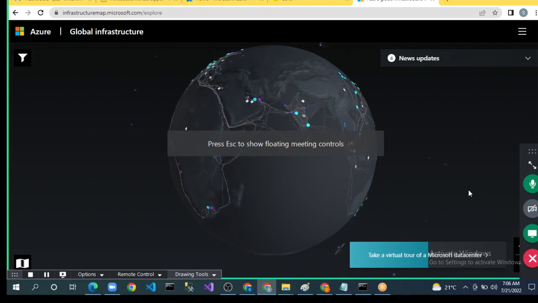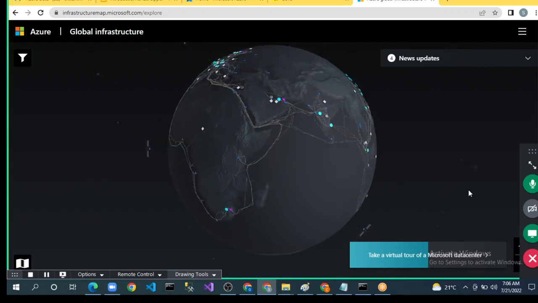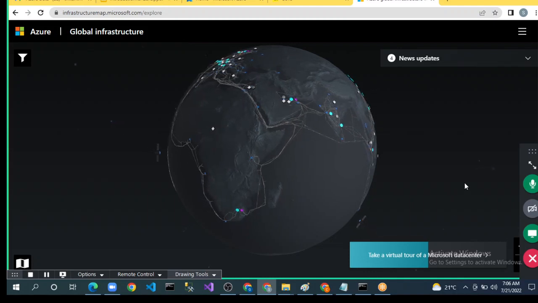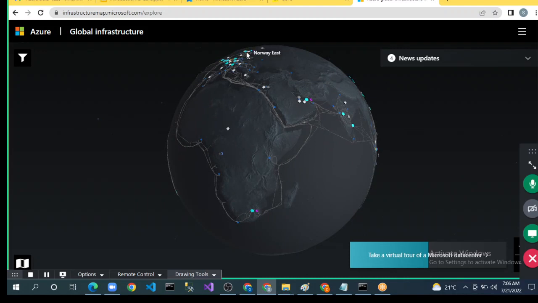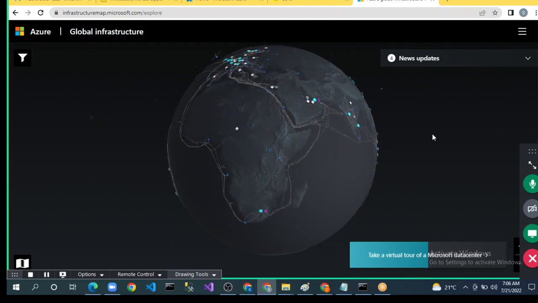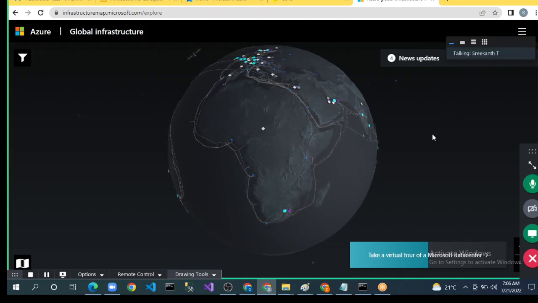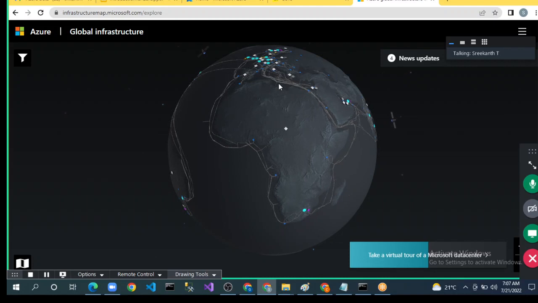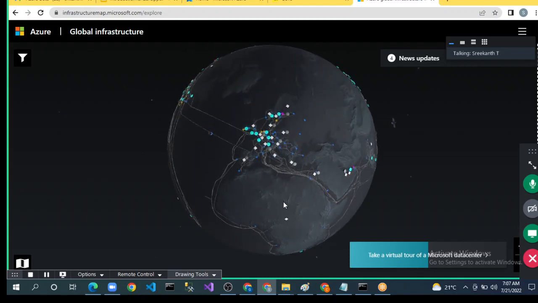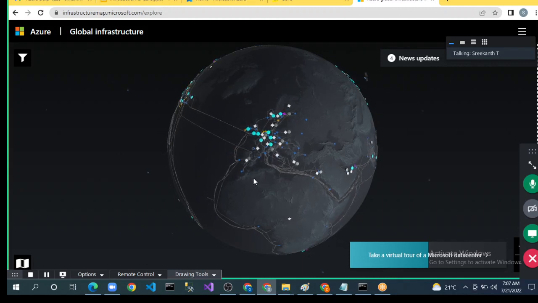Fiber optic cables to ensure that latency will be very low. And what is more interesting is here, if you see here, you can work with it however you want. So now you see here they have,